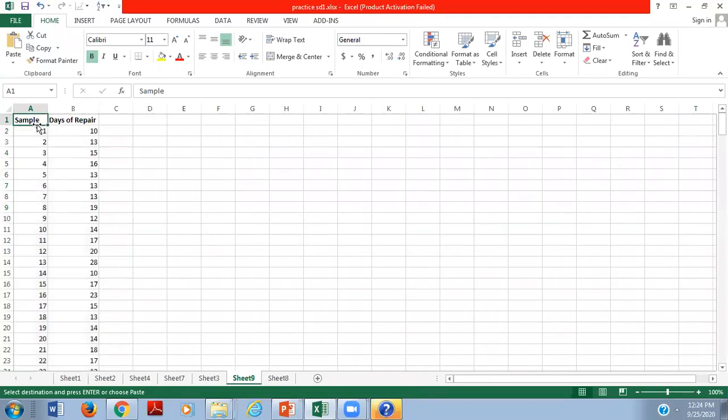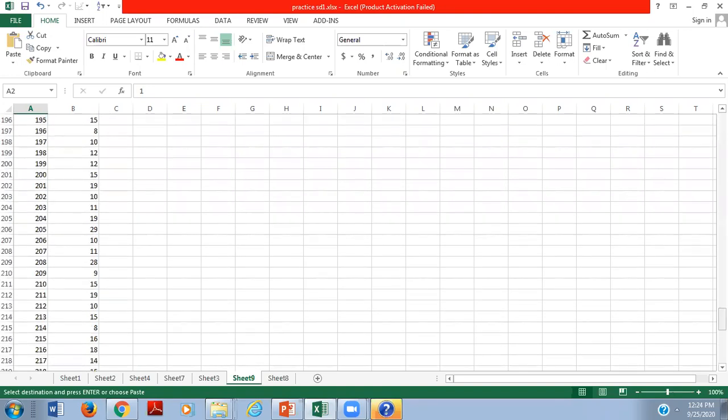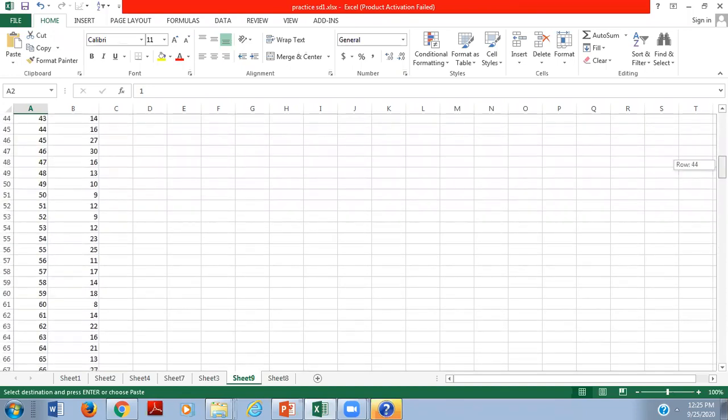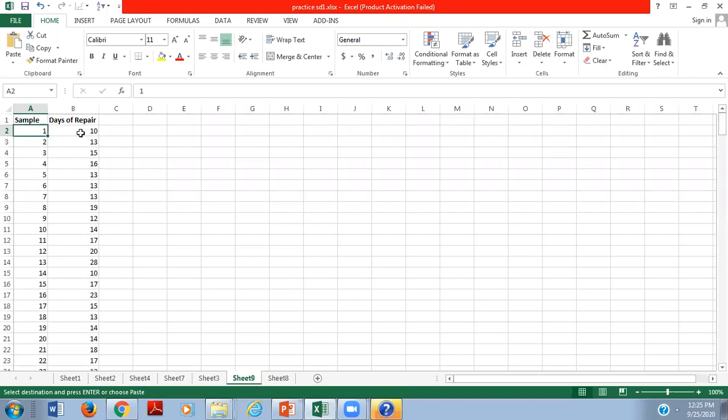Sample is there. Sample in the sense we have taken around 250 samples of customers, and we have noted down how many days the company took to complete their repairing work, right?